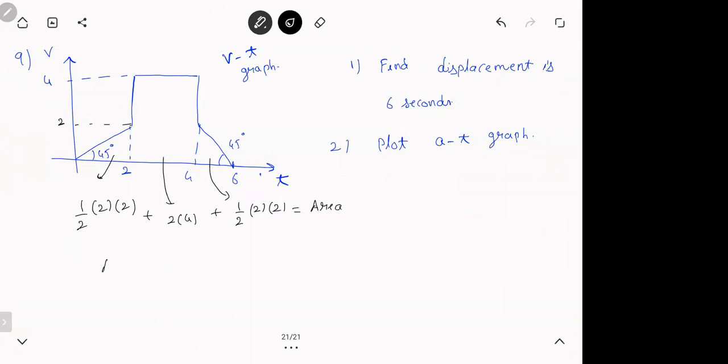So how much is the area? Anyone? 8, 2 to 12, no? Isn't it? So see, this is how it is. Anytime they give a weird shape, divide it into rectangles and squares and triangles and finish it off. So therefore, the displacement is 12.